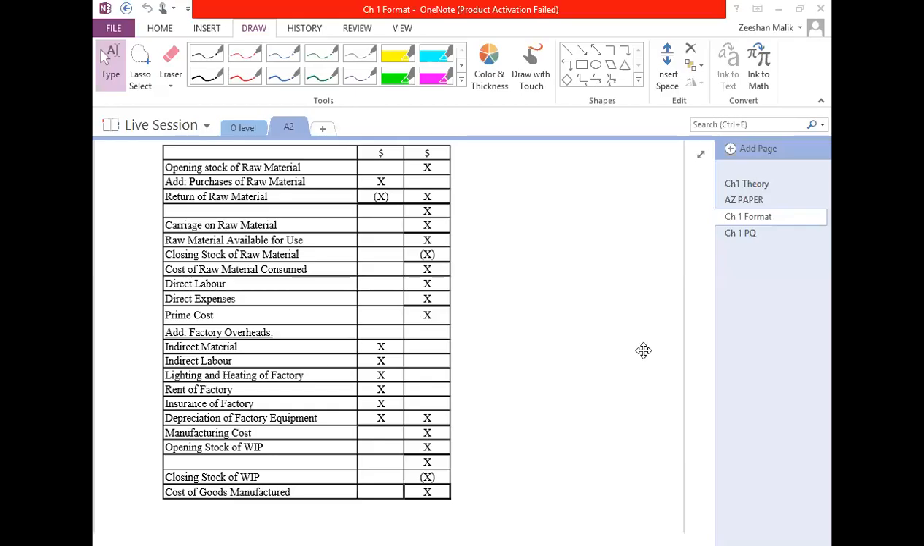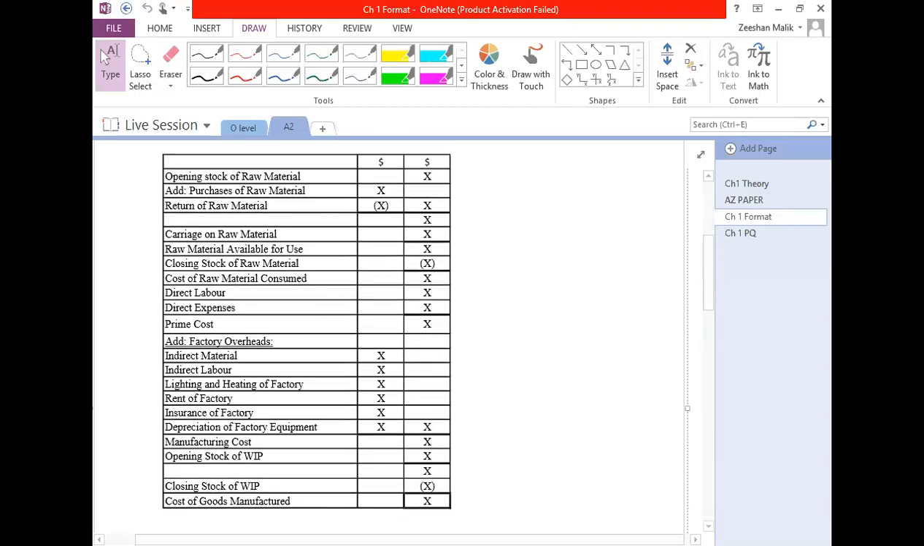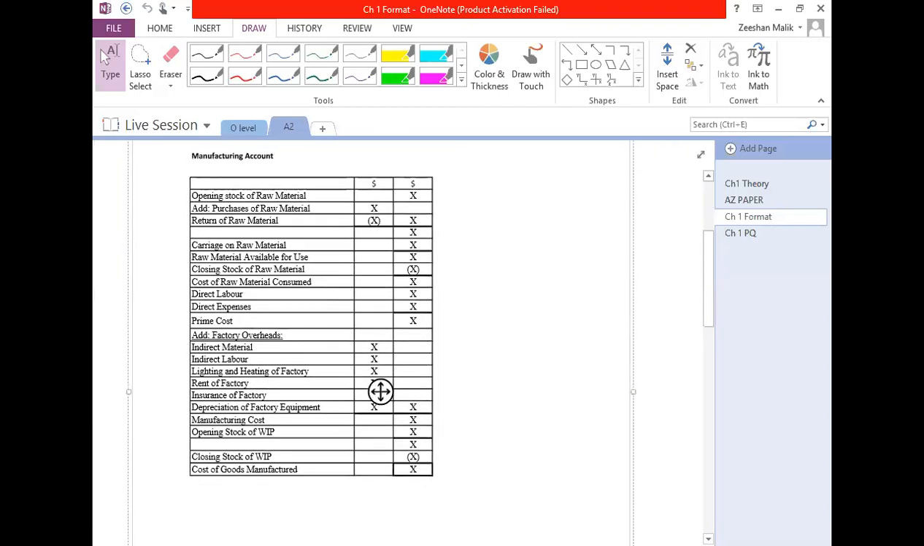The purpose of manufacturing account is to gather all the cost of production. So here we have the format of manufacturing account in front of us. This is the complete format